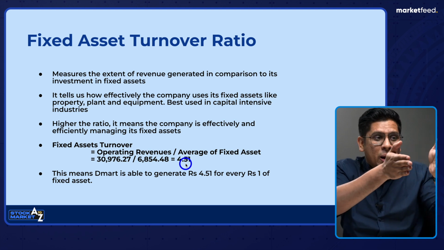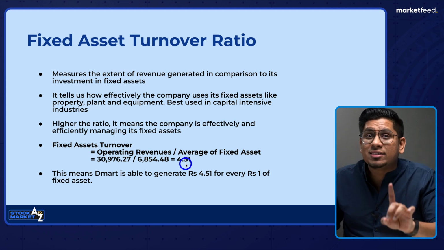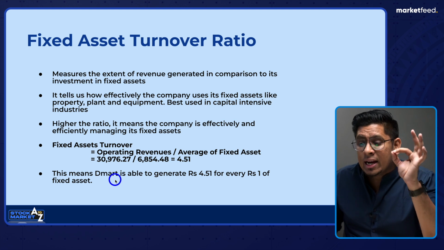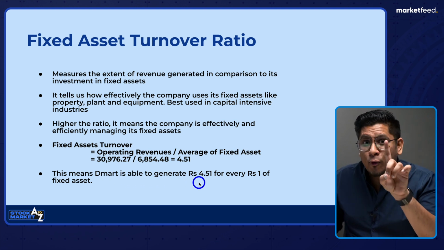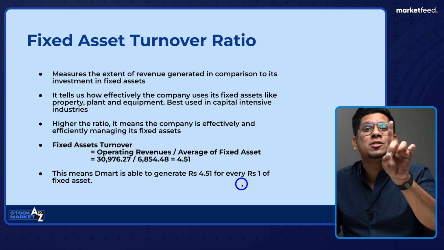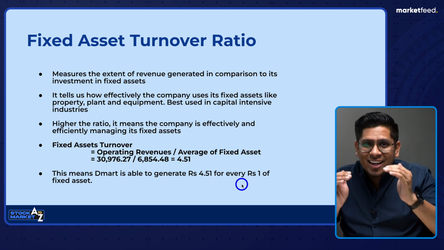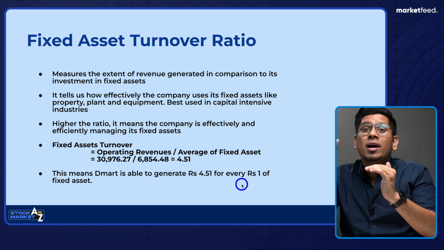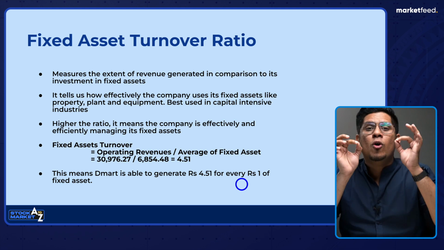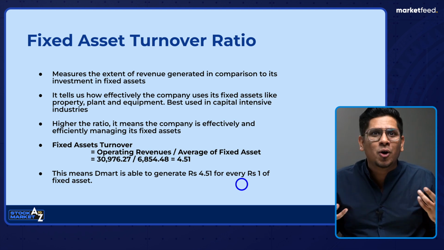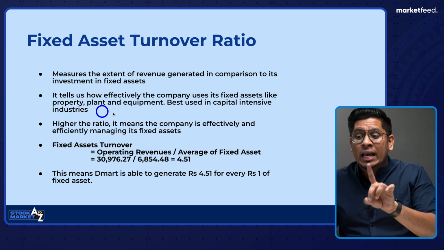Converting this mathematical formula into a simple English sentence, what is it? This means that Dmart is able to generate rupees 4.51 for every rupee 1 of fixed asset. For every unit of asset, Dmart is generating an operating revenue of rupees 4.51. Good, no? So this is exactly where we said this